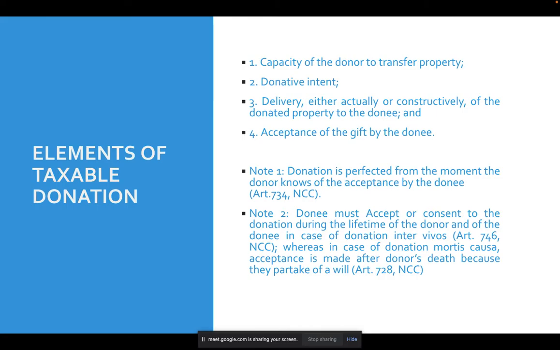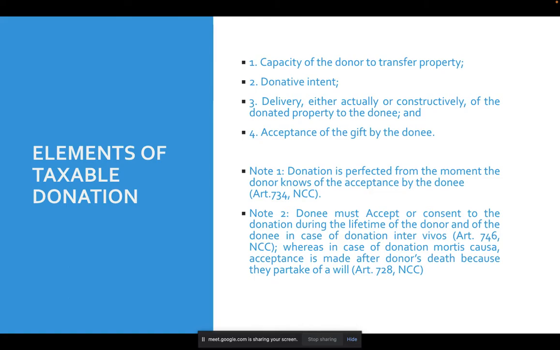One, capacity of the donor to transfer property. Dapat meron siyang kapasidad na mag-convey ng property, mag-transfer. And donative intent. Donative intent, ibig sabihin po, merong intensyon na mag-donate. Ha? Kaya yan sabihin mo sa mga nangutang sa'yo na hindi nagbayad. Pasensya na, kahit gustuhin mo mang maging donation yon, hindi po kasi donation yun eh. Walang donative intent yon ng ginawa natin. Hindi ko po siya intensyon na mag-donate, kaya walang donative intent. These are one of the elements na kailangan in a donation.